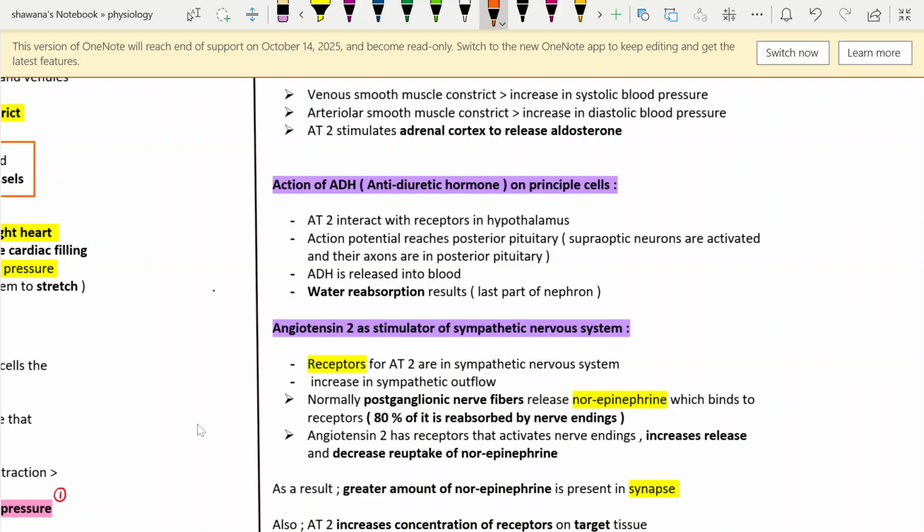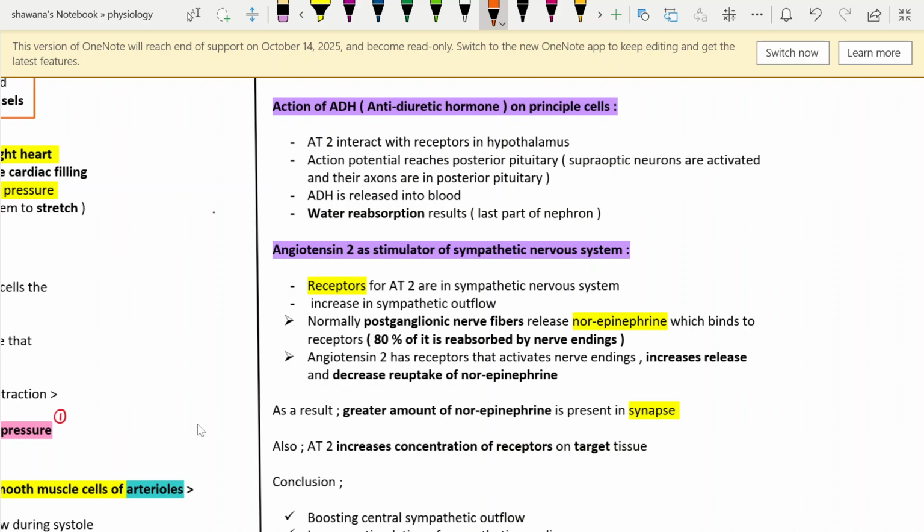It will cause the insertion of aquaporins on the luminal membrane. It will cause the reabsorption of water, right? So it causes the concentrated urine because water has been reabsorbed from the last part of nephron. The other thing angiotensin does, it will cause sympathetic nervous system stimulation. It means that receptors for angiotensin 2 are present in the sympathetic nervous system, and there will be increase in